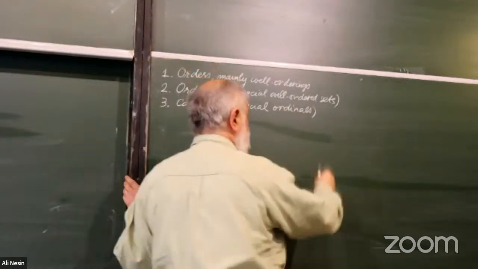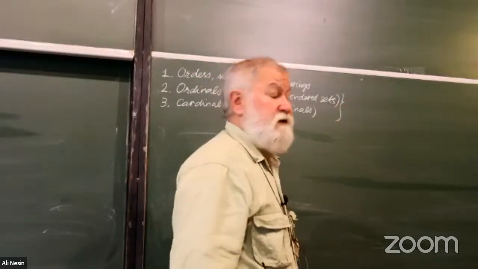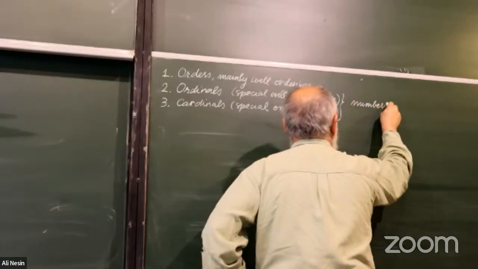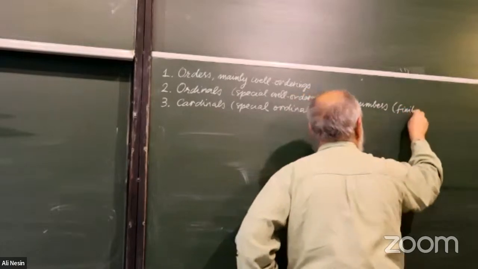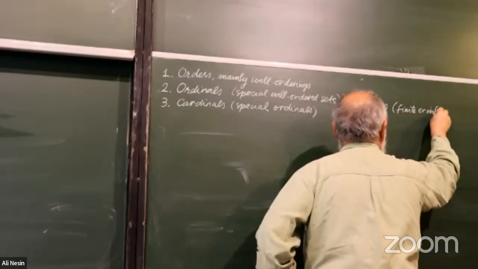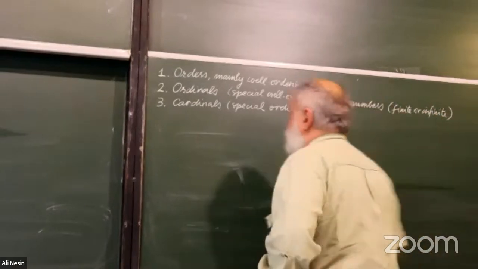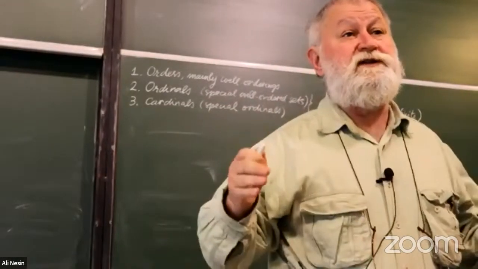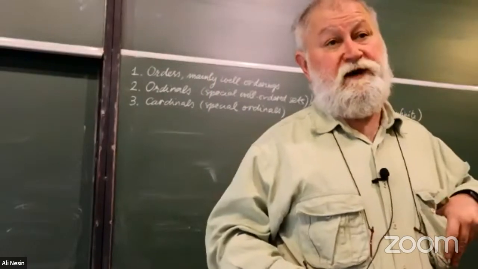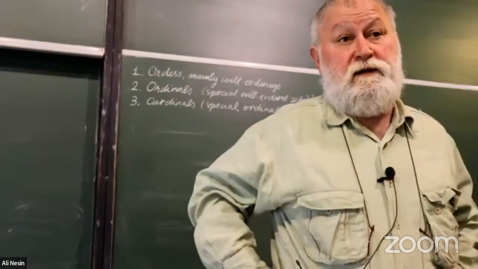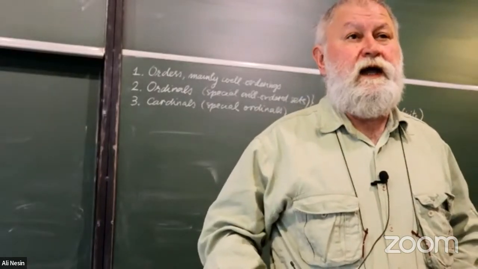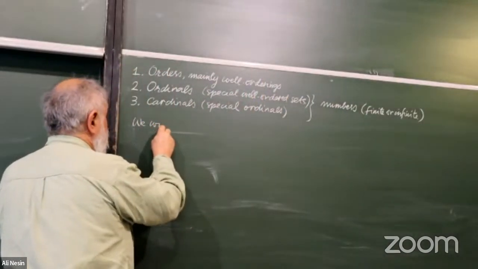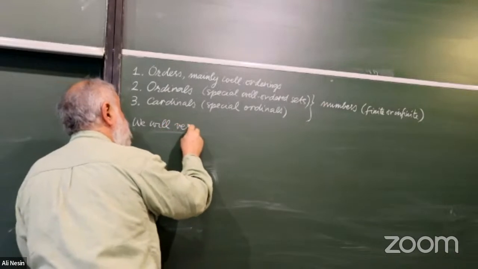We may think of ordinals and cardinals like infinite numbers, kind of numbers, finite or infinite. You will see that there will be different kinds of infinities. There will be small infinities, large infinities, even larger infinities, and we will try to classify, but fail, infinities. And doing this, we will need very special axioms.